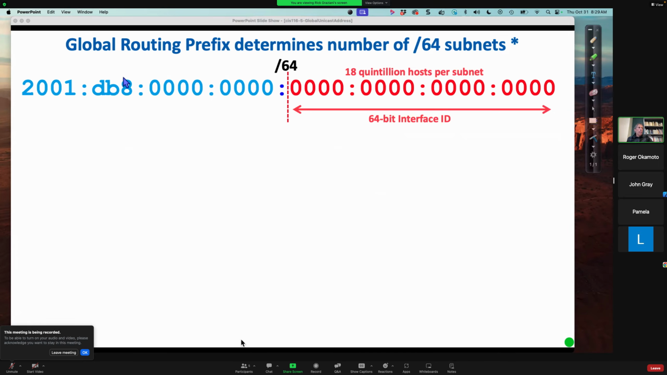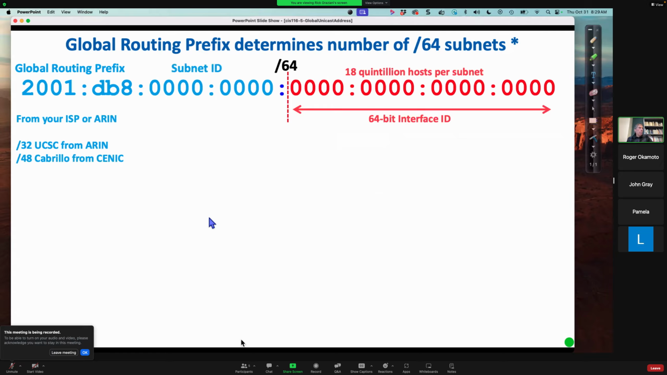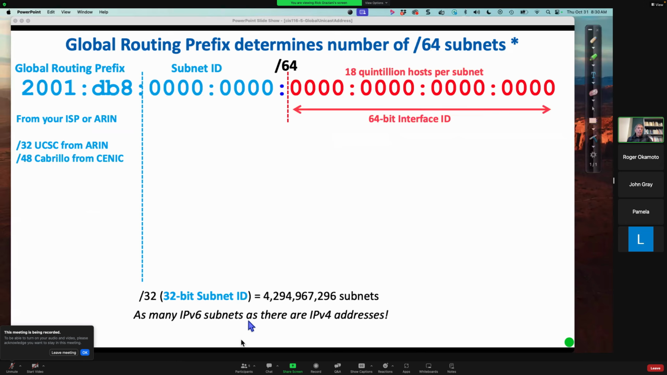Now, part of this is going to be how the internet sees us. Part of this is our subnet. What determines that is what global routing prefix we received from our internet service provider. So if I received a /32 from our internet service provider like UCSC got, then they get to have 32 bits for their subnet ID. They can have 4.29 billion subnets. That's as many subnets as there are IPv4 addresses. And each one of those subnets, 18 quintillion